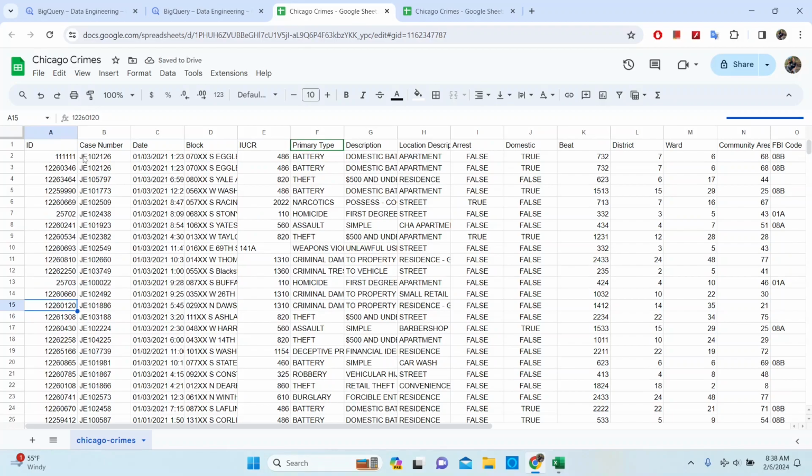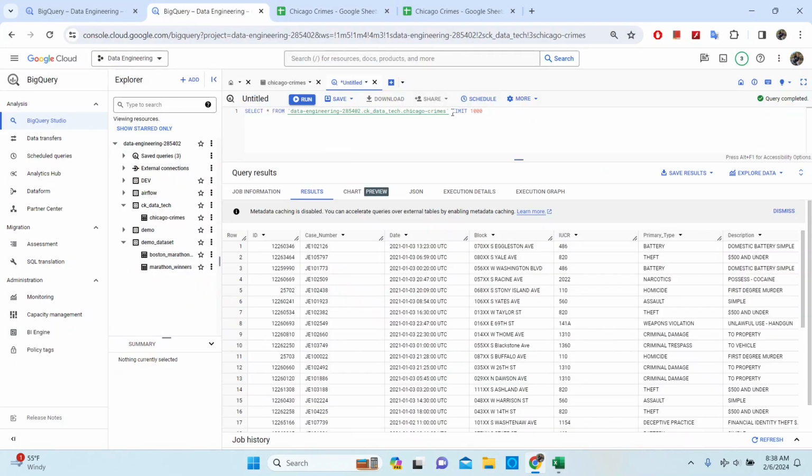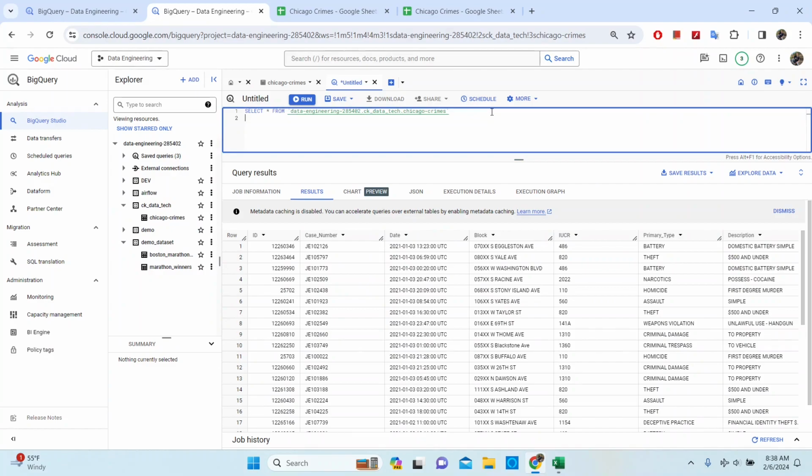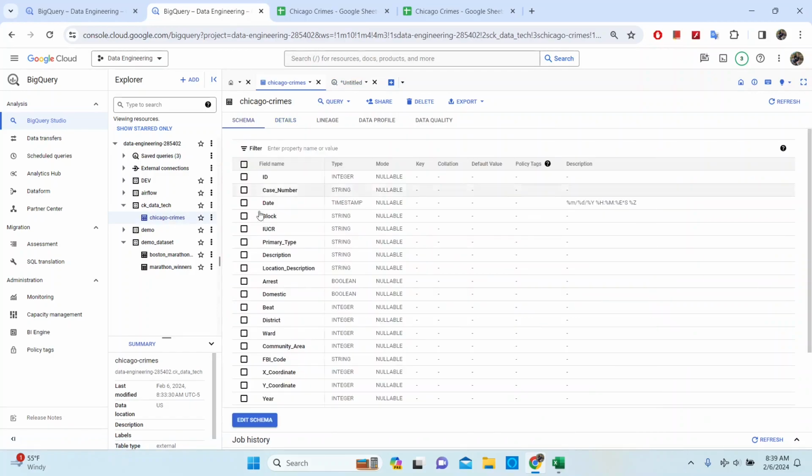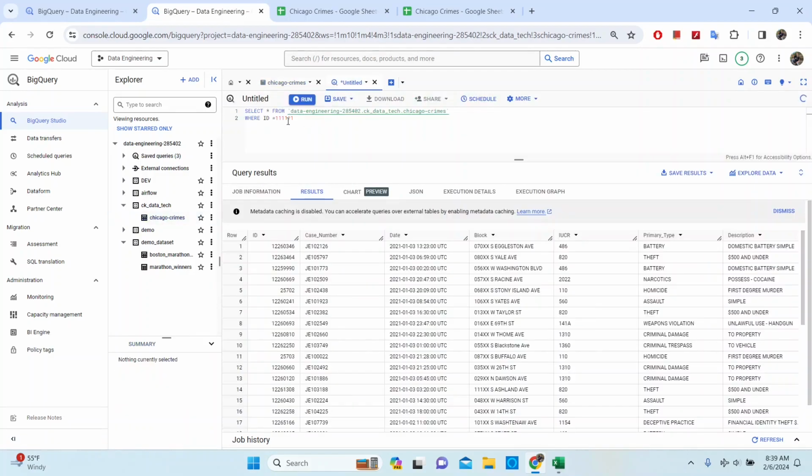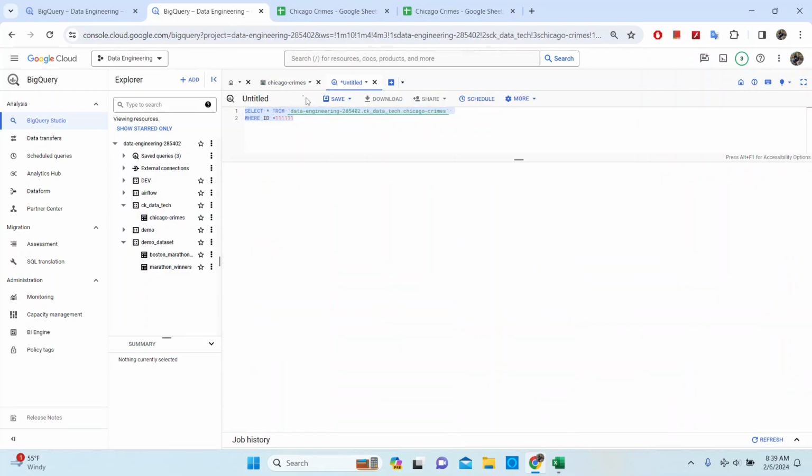So let's see now if we go to BigQuery and we query for this ID, if we'll be able to get it returned. Okay. So I'm going to modify this query and say where ID equals that ID right there. Remember this ID is an integer, so when you're passing it in, you just pass it as an integer. So I'm going to run it,